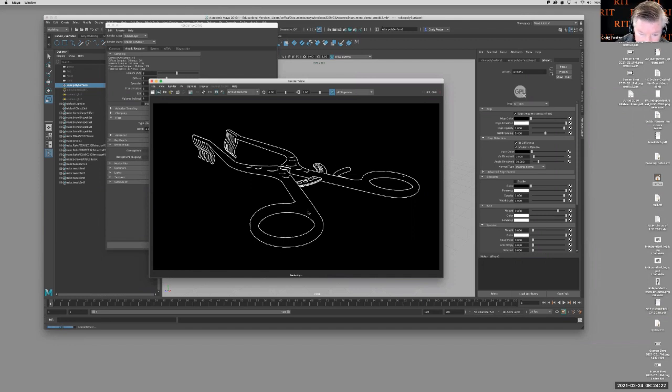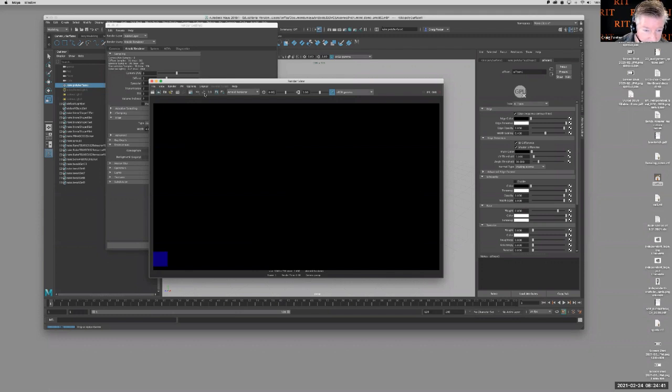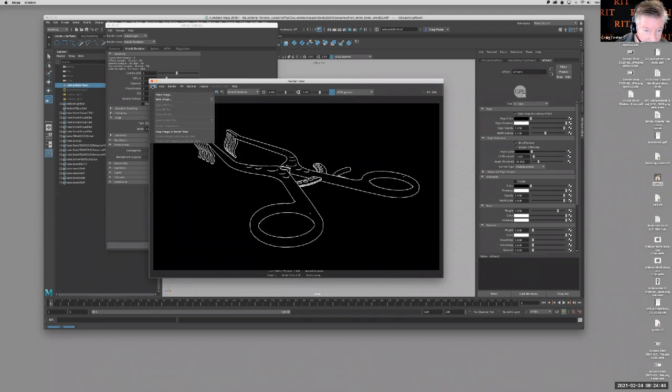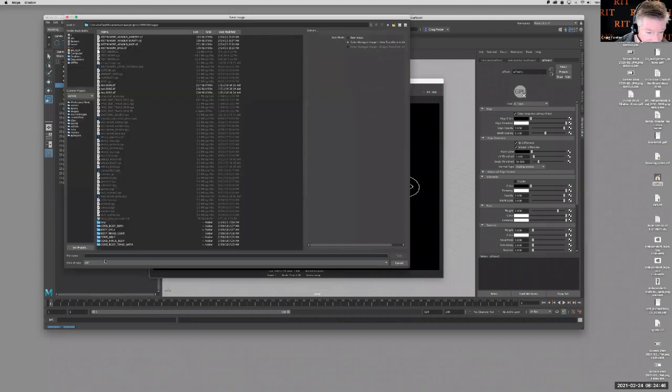And sometimes you get things that you don't want, like some of these little dots here. Now, if this is just a still image, it's easy to composite that out or to touch that out. If this is an animation, you might want to play around with it a little bit more until you find the level that you're looking for. But for now, I'm going to call this acceptable. We'll save this as